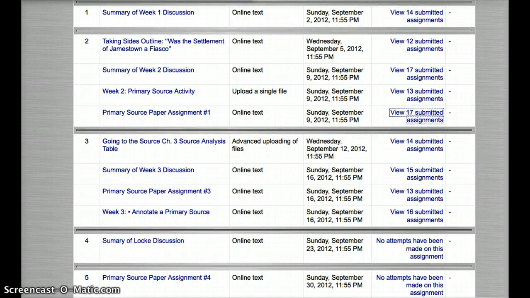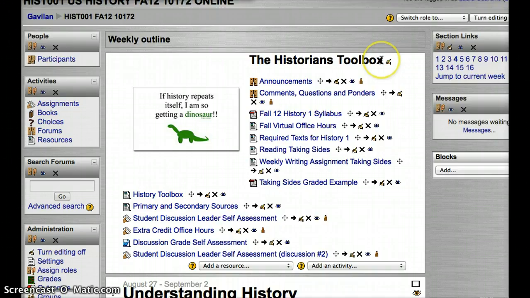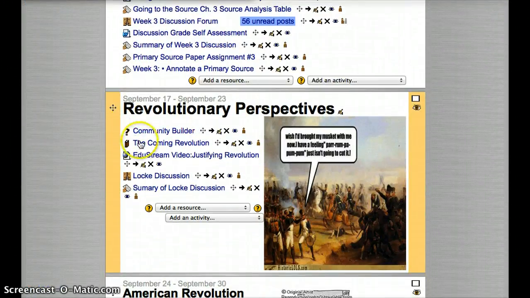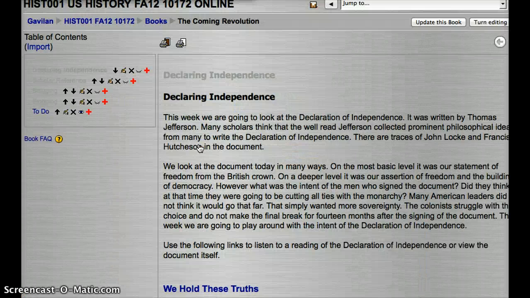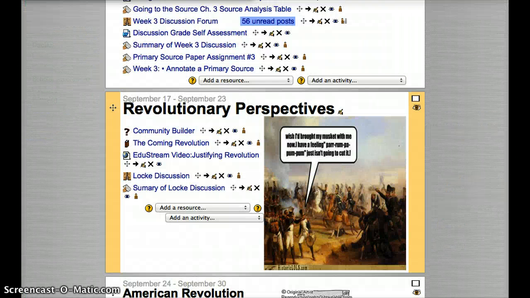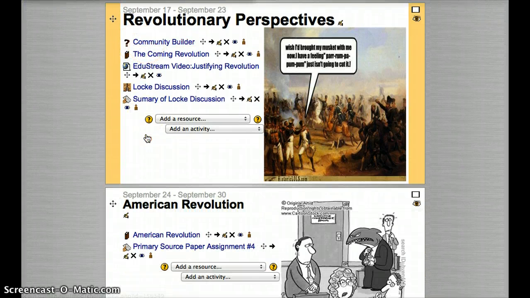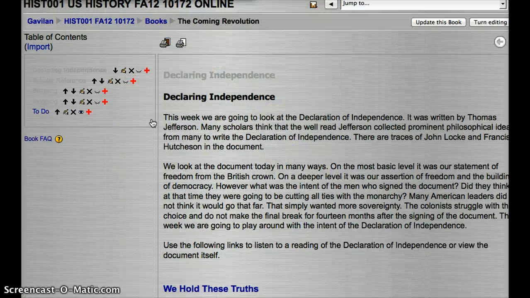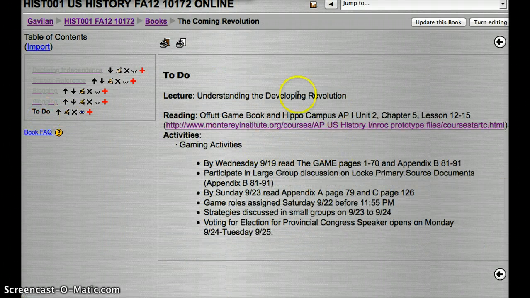Let's go to our course, and in our course we have our weekly outlines. You see that I'm uploading our videos and giving ways for you to do community builders and be interactive with this class. As always, if you go to the book, and in the book, am I in the right week? I am in the right week. In the book, you'll see the coming revolution, and here we will have what you are supposed to do this